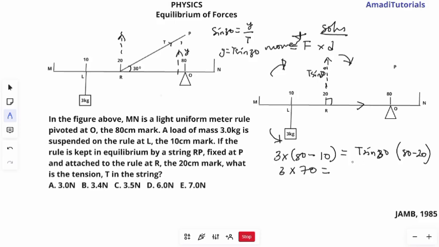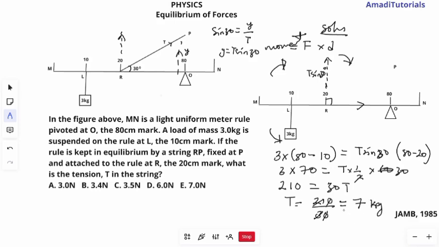sine 30 is 1 over 2. So that would be the same thing as saying T times 1 over 2 times 80 minus 20, which is 60. So 2 will cancel 60, 30 times. So 3 times 70 is 210, equals 30 times T, 30 T. So if you divide both sides by 30 to make T the subject of the formula, your T will then be what? 210 divided by 30. 0 will cancel 0, 3 will cancel 21, 7 times. So your T will be 7